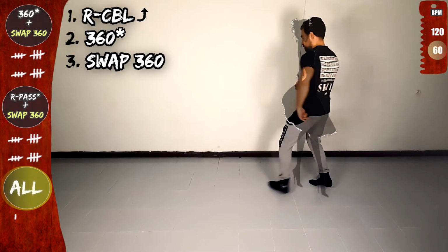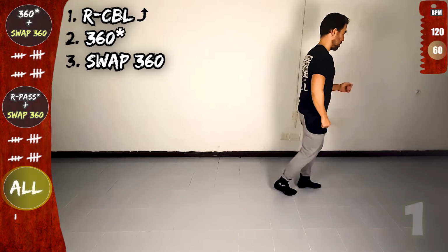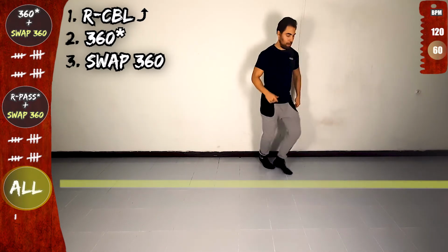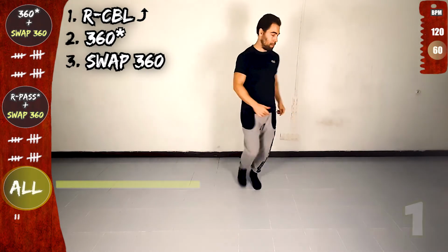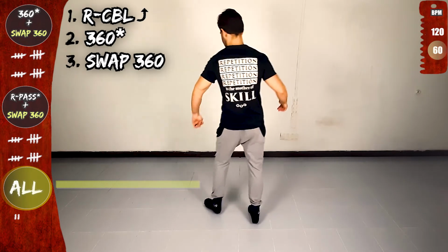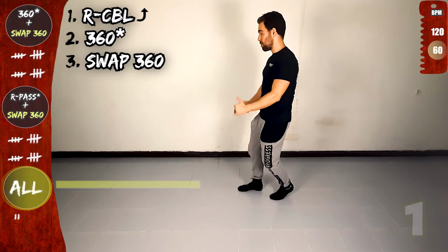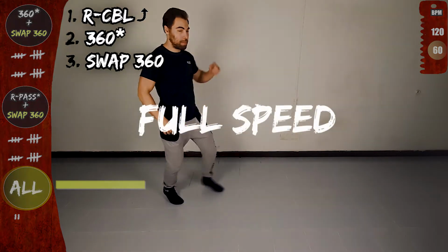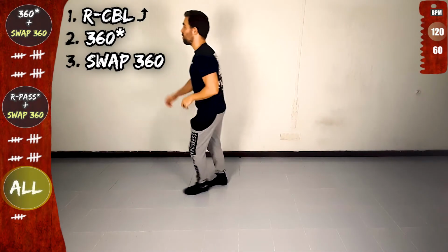back, rotate and on the line, reverse CBL offline, front, in place, side, cross to the back, open, in place, now 360 with an anchor, on the line, twist, open, in place, on the line, anchor, now swap 360, back, cross to the front, open, cross to the back, rotate and full speed, 1 basic, 1, and let's go,